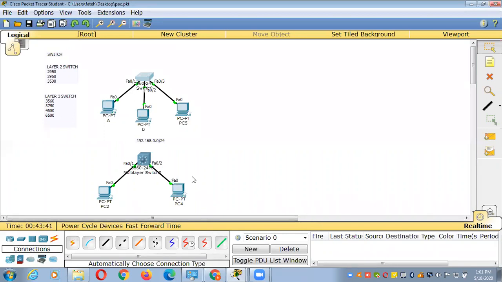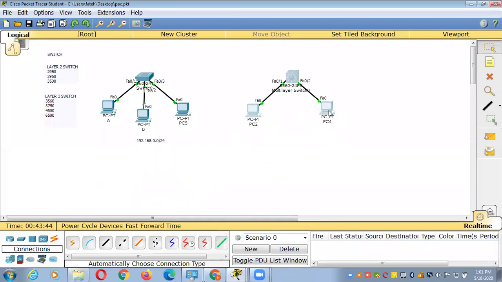Okay. So now I'm going to teach you the difference between a layer 2 and a layer 3 switch. I have already covered the layer 2 switch. So now I'm going to teach you about a layer 3 switch.